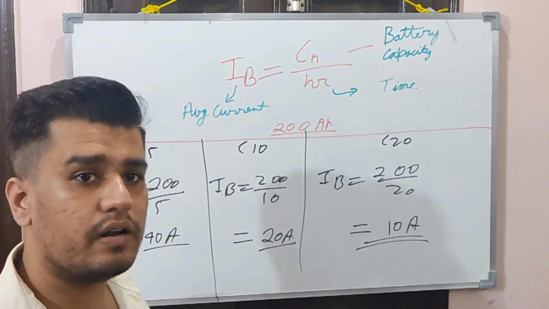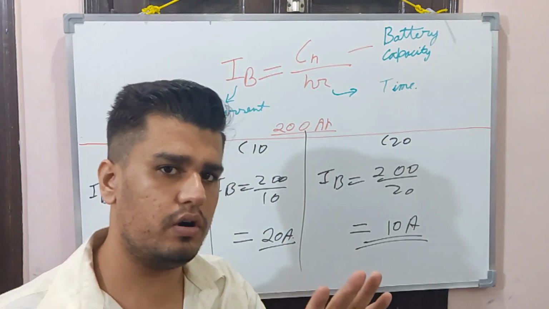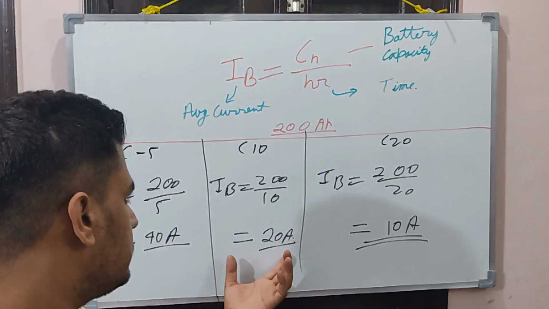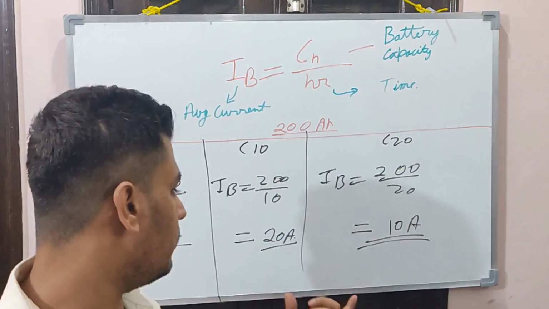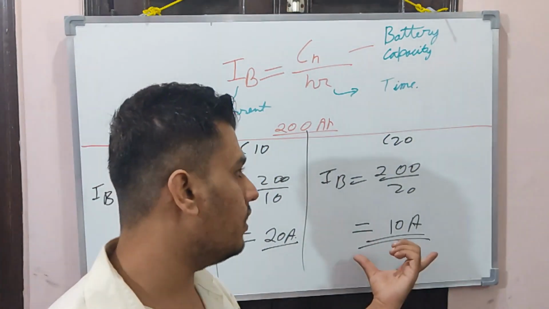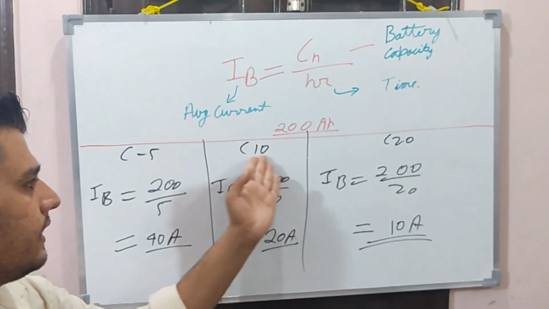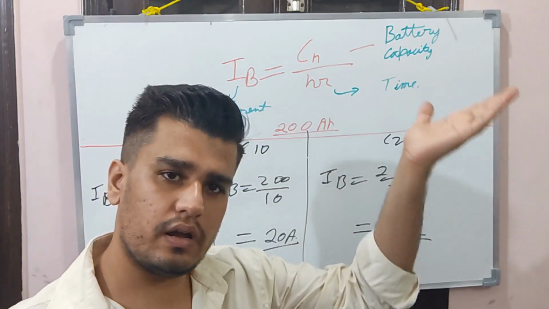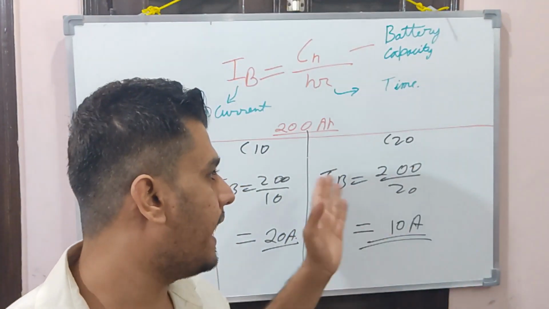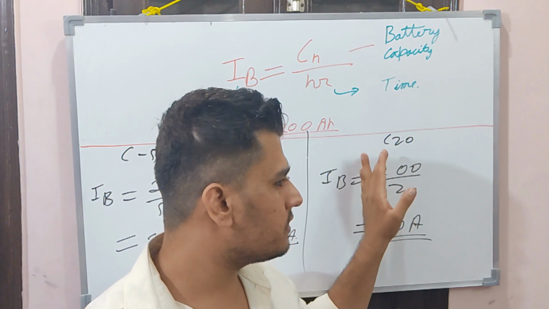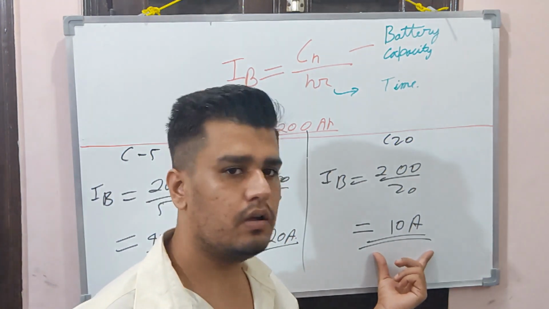Now you can see that you can attach the heaviest load at C5, a medium load on C10, and the lightest load on C20. So from this you can understand that as the time decreases, the load capacity increases, and the same is true of the price. As you go toward C20, C30, the price will go down, as the capacity for handling current will be less.